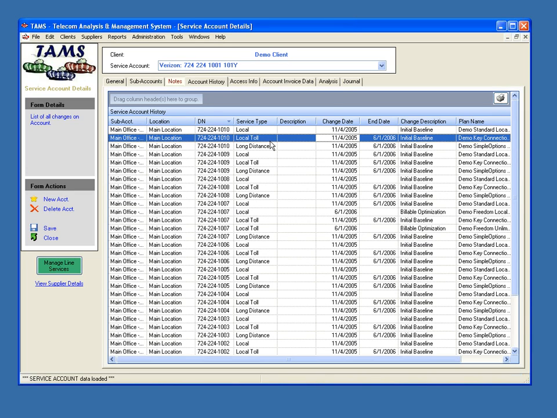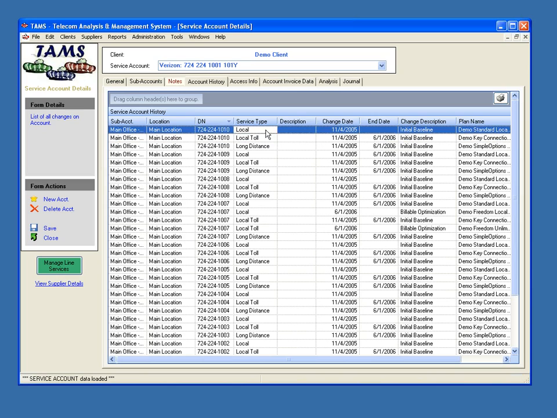Every plan that is put into TAMS on any given service for any given line will be identified with the start date of when that plan became active on a line, and if it is ever updated to another plan or moved to another account, it will be given an end date. Any line service that does not have an end date is considered to continue indefinitely and to still be the active